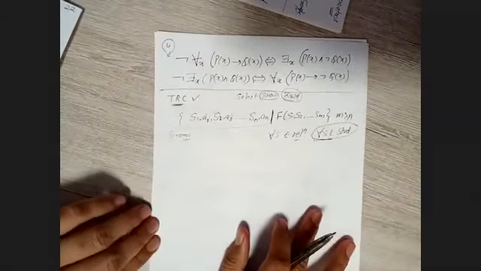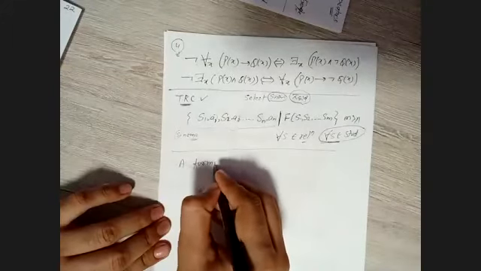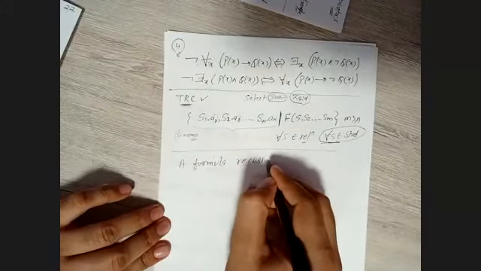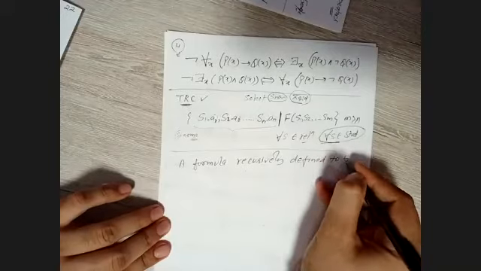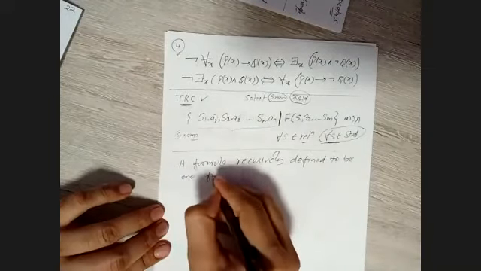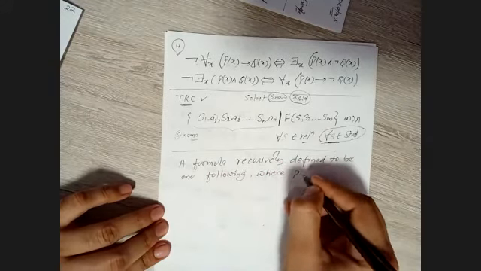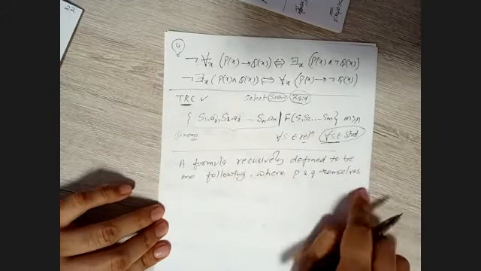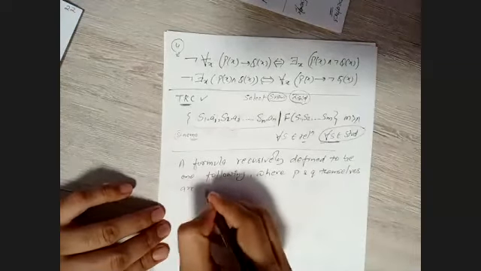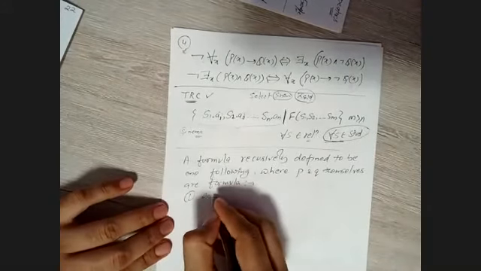So a formula is recursively defined to be one of the following, right? I'm just writing here: a formula recursively defined to be one of the following. Recursively means any time probably you can change it based on requirement here. We will see what those are, where P and Q themselves are formulas. P and Q are, let's say, some predicate conditions. Understand what is the first one: any atomic formula.